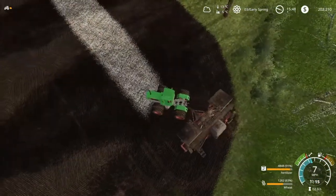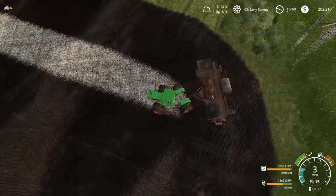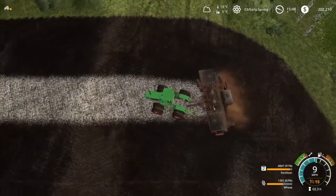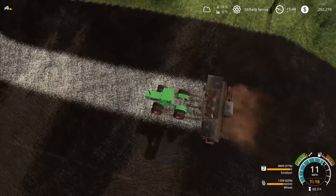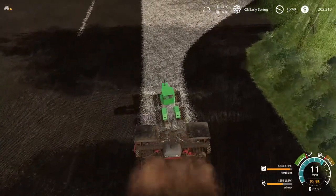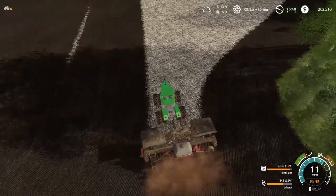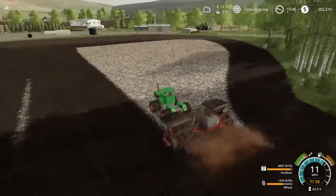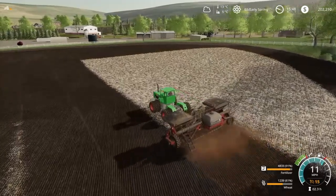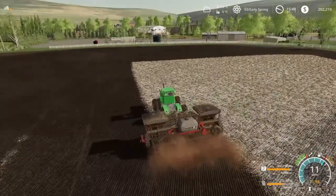Oh, let's swing around. And again. Drop down. Let's see if we can stay central to this. No, just a bit too wide. Okay, that's fine. But still, I'm absolutely loving this map, and I have heard that